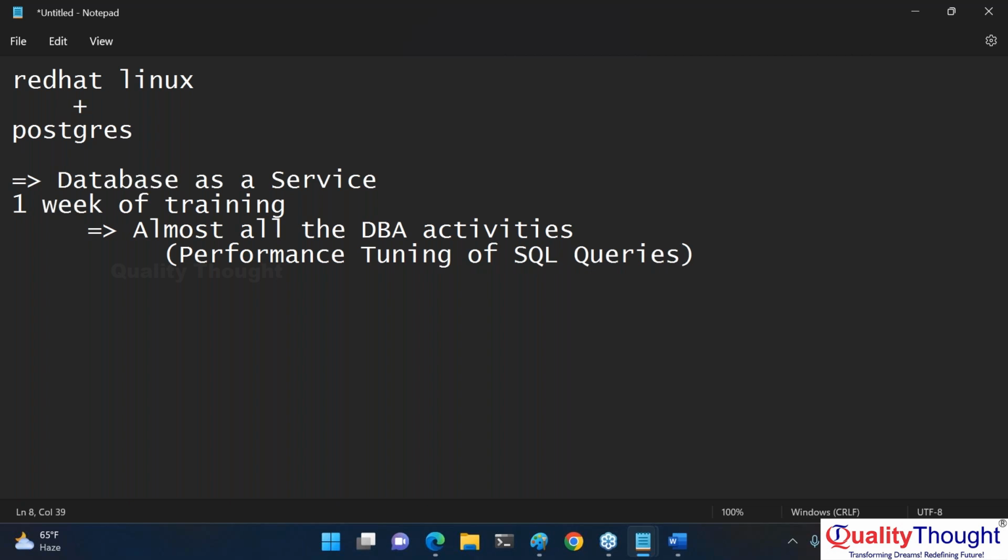Now you speak about backup, you speak about replication, you speak about creating one more database from backup. You and I can do all of that, even though we are not from a database background, right? So basically what is happening for my organization is that I can focus on building applications rather than really running infrastructure. Are we clear on this, sir? Yes. So you have database as a service.